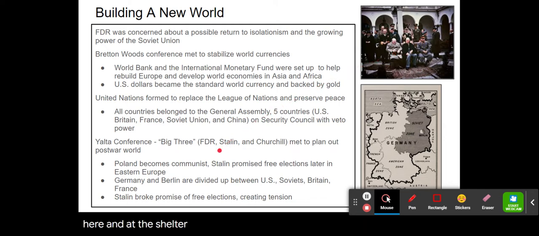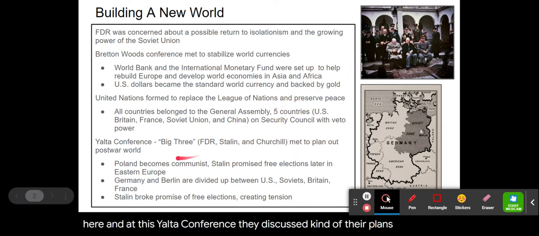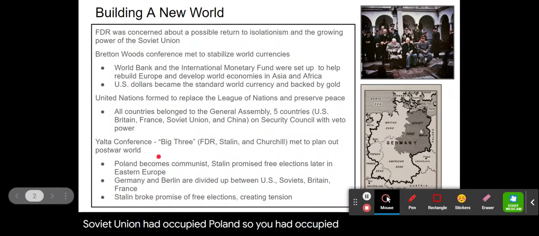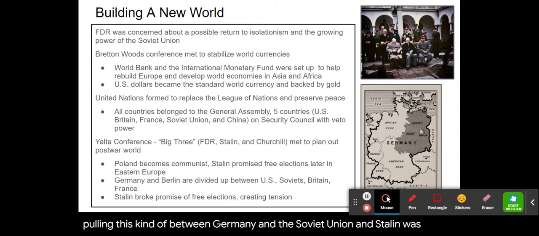And at this Yalta Conference, they discussed their plans. The Soviet Union had occupied Poland. And because Poland was between Germany and the Soviet Union, Stalin was afraid, and he didn't want